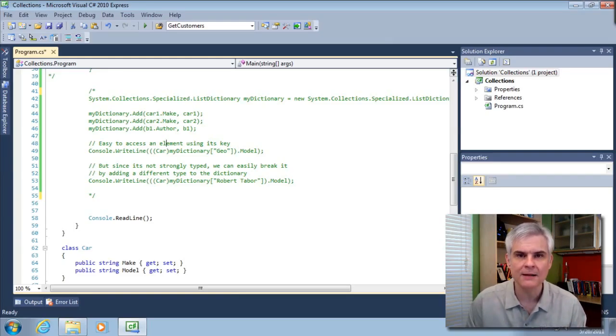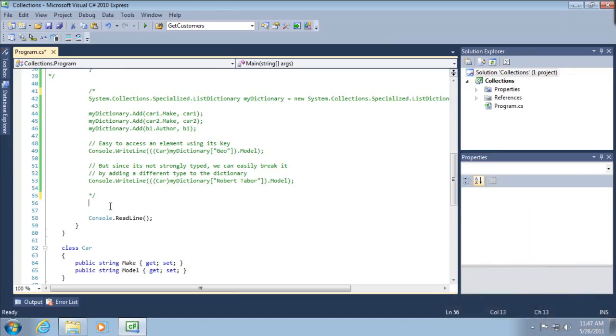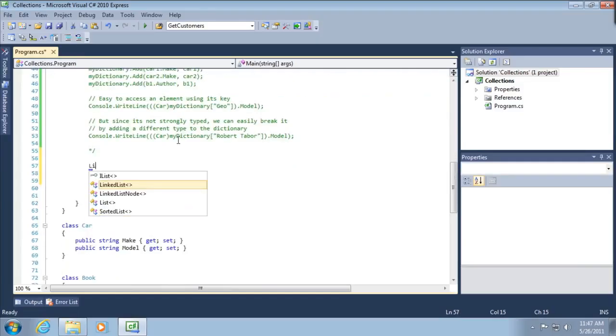Okay? From that point on, that collection is strongly typed, the type that you defined it to be. And you define the specific data type by defining it between two angle brackets. So let's do this. Below this section of code that I commented out, I'm going to use a new